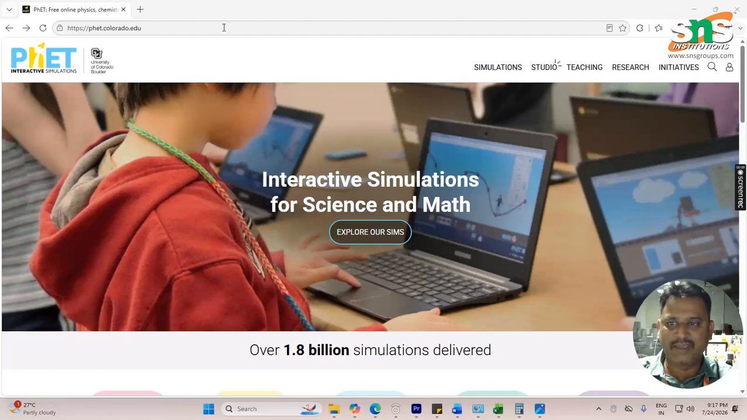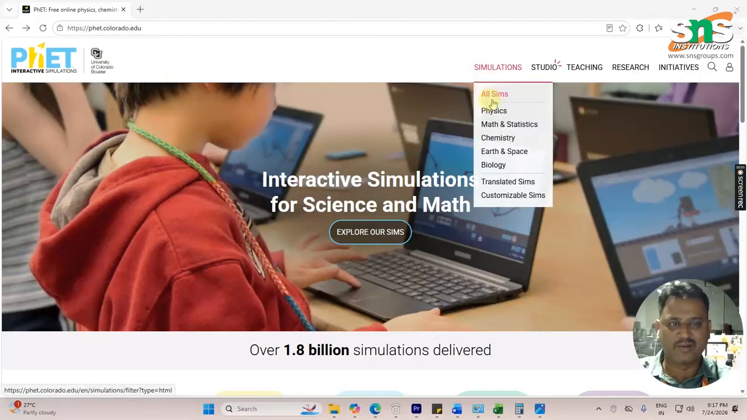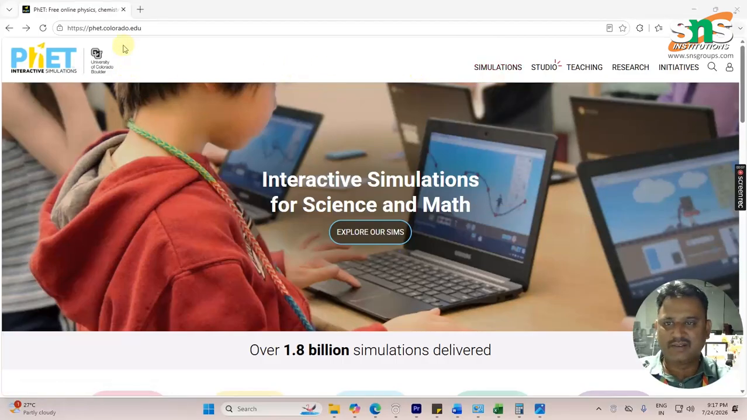This PhET interactive simulation will help teachers and college faculty members to show STEM education in a virtual mode and also in a gamified mode to the student. Let me show you a few examples to understand. Once you type